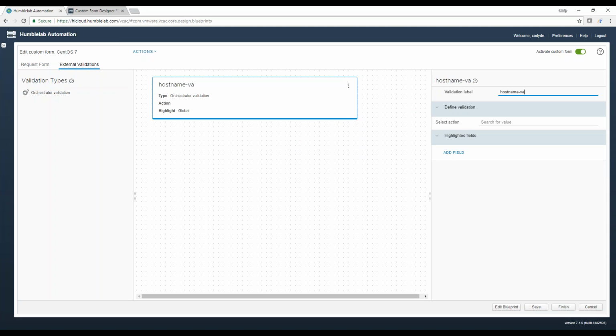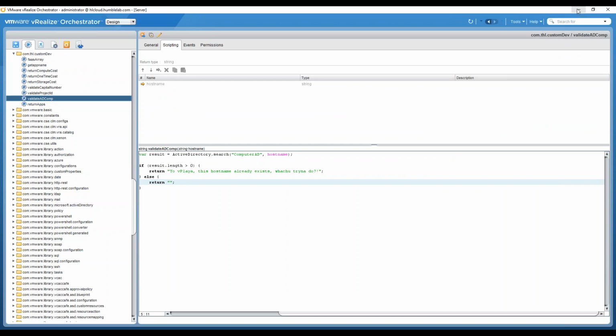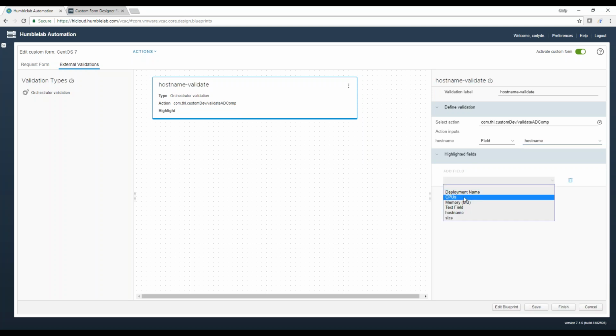Which is labeled as hostname, validate. We know our action is named validate AD comp. It's going to take an input from the hostname field, right? So these are fields that exist on the form already. And the field that we want to highlight when something goes wrong is actually that same hostname field. All right, so we'll save this,